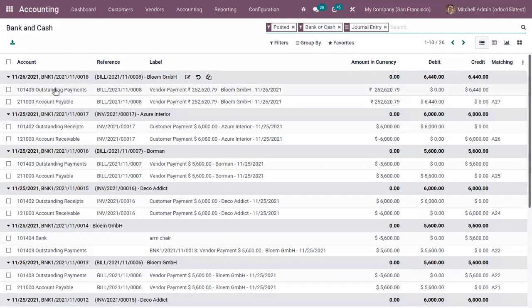So here from the bank and cash journal, you can see that entry and journal items, the amount in currency, you can see it is converted to Indian rupee, and you can find the debit and credit in USD. In the same way, we can set currencies for your sales invoices.